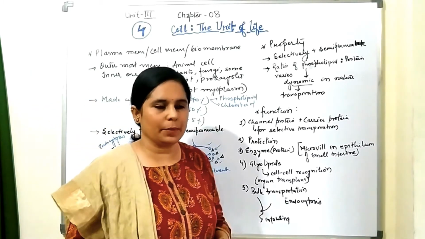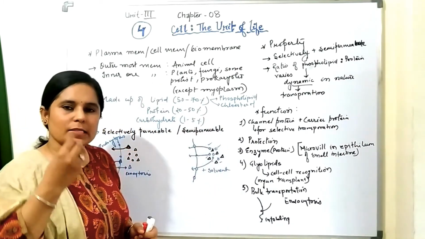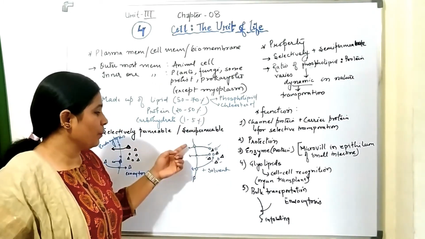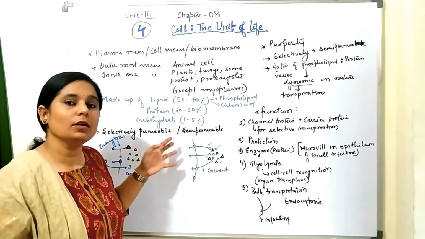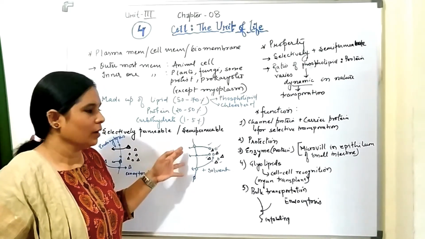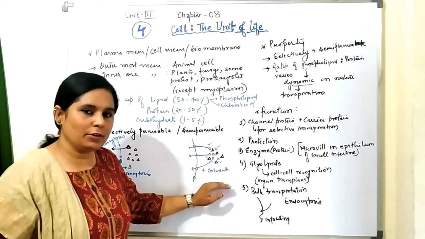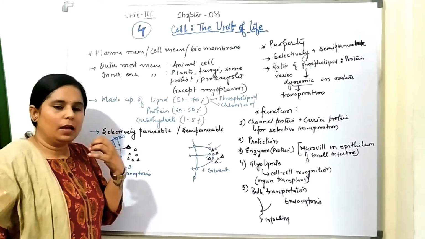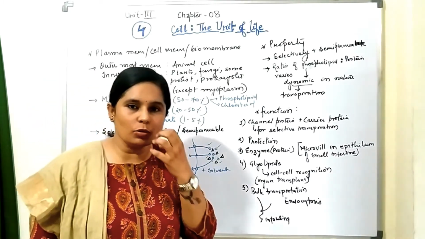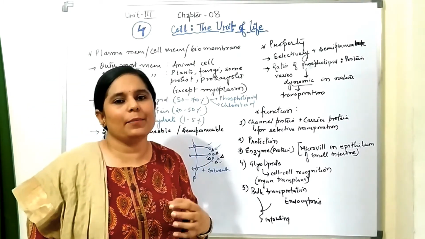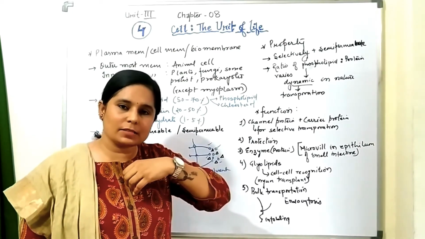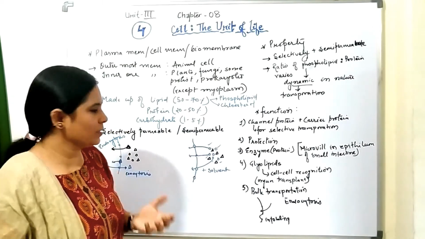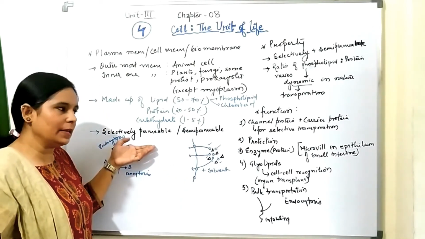और सेलेक्टिवली परमिएबल. सेमी परमिएबल मीन्स they will allow the same size of molecule which resembles the size of the channel or the carrier proteins they are having, and it allows only solvent to go through it. Selectively permeable means the cell will allow only those things which are required by the cell, and they will similarly throw out the content which is not required by the cell by selectively permeable nature.